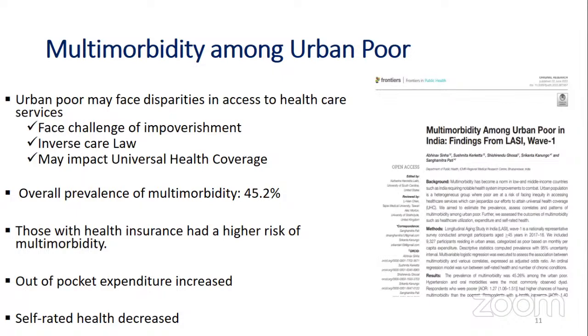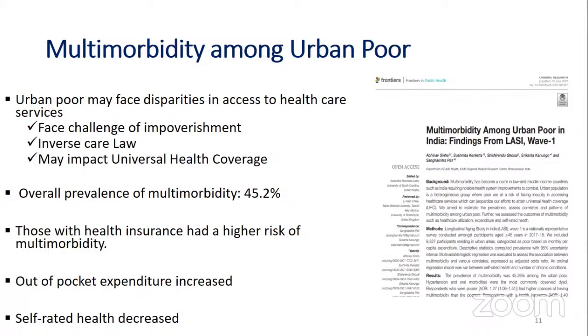So the overall prevalence of multimorbidity was observed to be around 45% among urban poor, and this is based on the LASI data, which is among the age group of more than 45 years. Whenever I'm talking about the prevalence of multimorbidity, the age group is very important. That is why I'm telling the age group, because we saw this study by Pati et al. in primary care, amongst the 18 plus population, where the prevalence was around 28%. But here it is almost 45% because the age group is higher. So with a higher age group or aging population, we expect people to have more conditions.